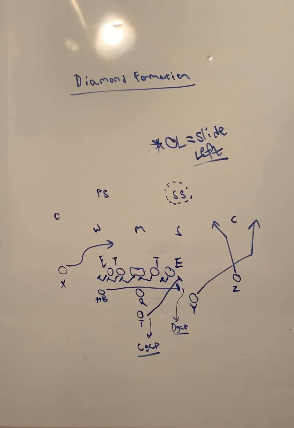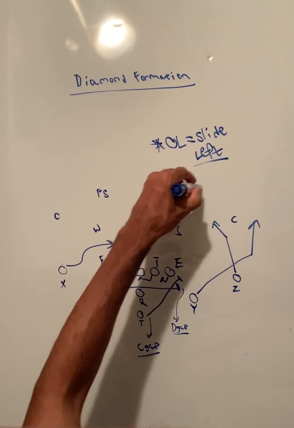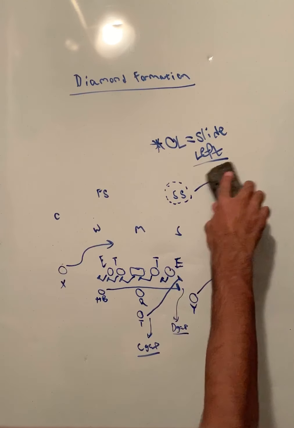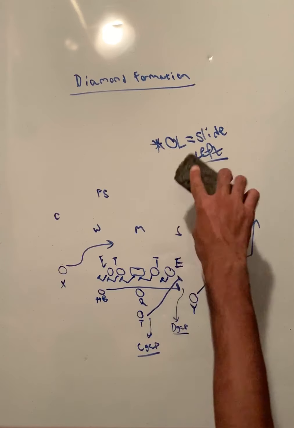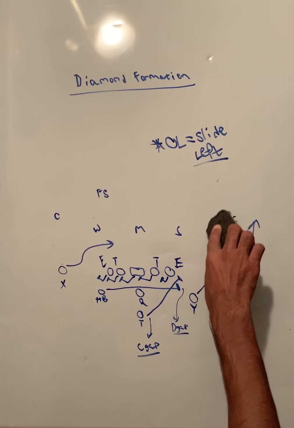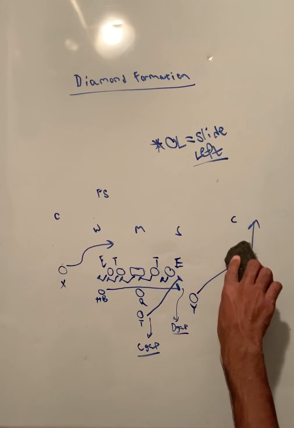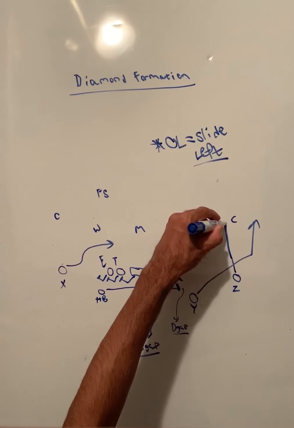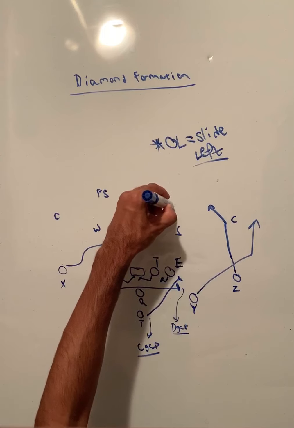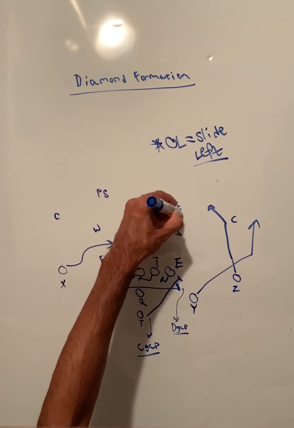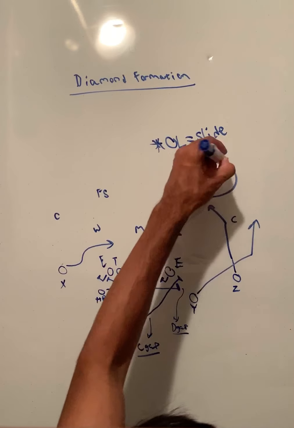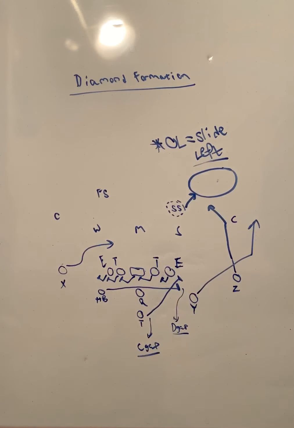So what's going to happen is, if the strong safety rolls up, plugging, I guess, I should probably draw him a bit lower down so it makes more sense. If he rolls up to plug this giant hole right here that the post is going into, that the Z is going into,